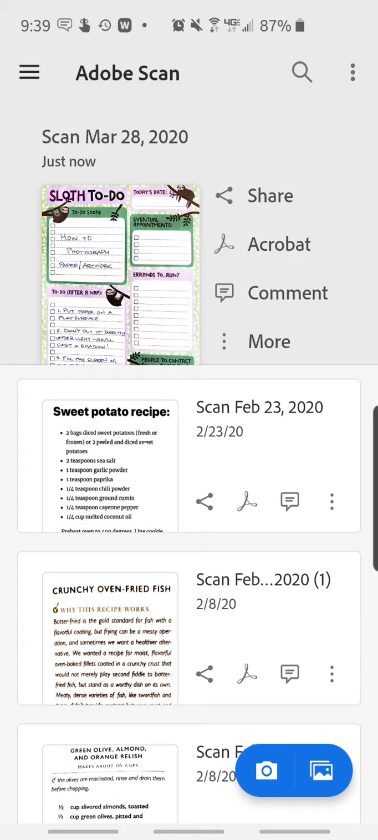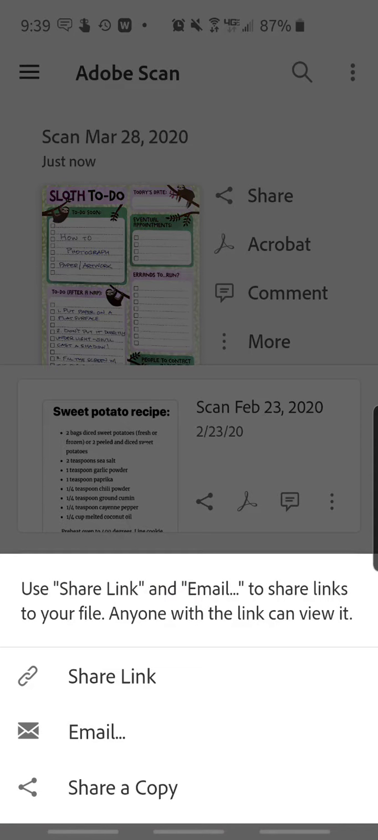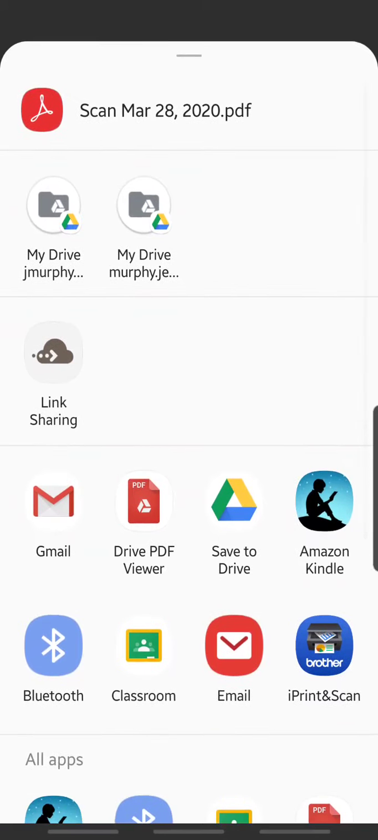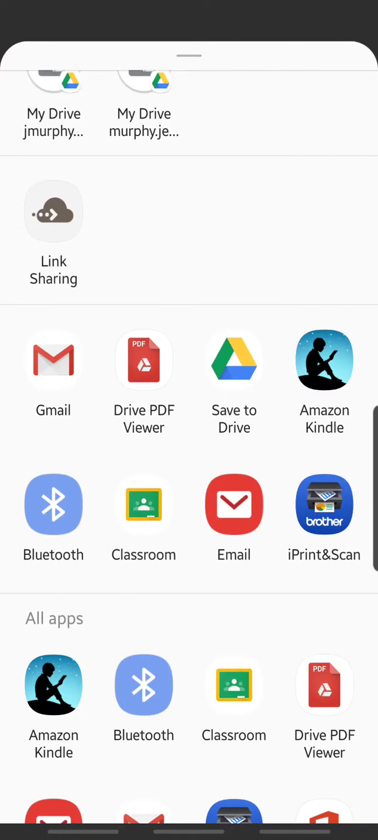All right, now that I have my PDF, I just have to share it. So I'm going to click that share button. What most of you will want to do is go directly to share a copy. You can share the link, you can email, but let me show you the options that come up when I choose share a copy. Now I get my save to drive button, and then I also get my classroom button. So if you want to directly put any of these items directly up into Google Drive or directly into a classroom assignment, you can do those